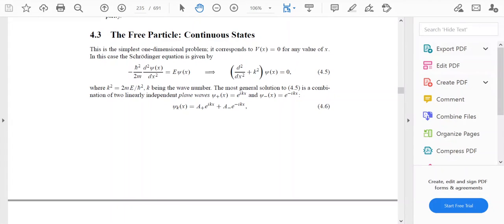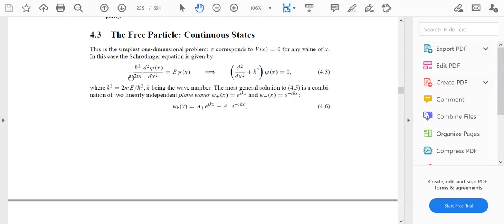Welcome all. In this lecture, we will discuss the free particle. The free particle problem is the simplest one-dimensional problem. It corresponds to V(x) equal to 0 for any value of x. So if the potential V(x) is equal to 0 for any value of x, then we can write the Schrodinger